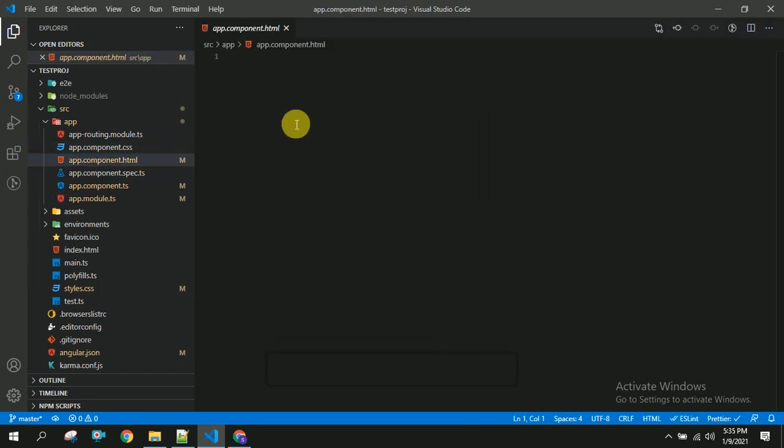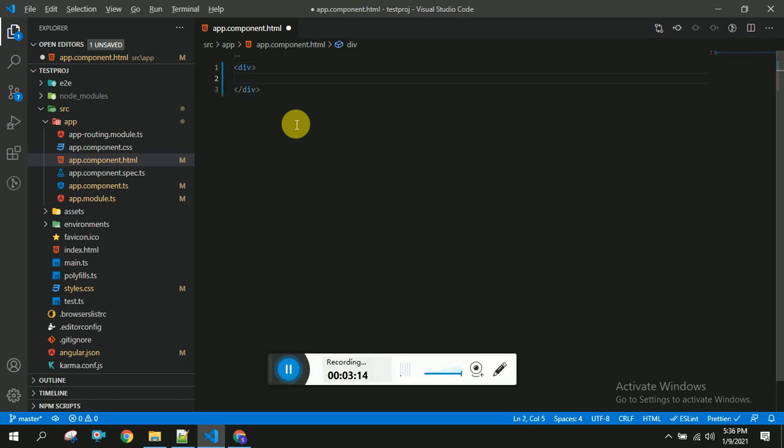Now in this app component.html we will be creating three buttons. First I am going to create a div. In this div we are going to use some h1 tag.